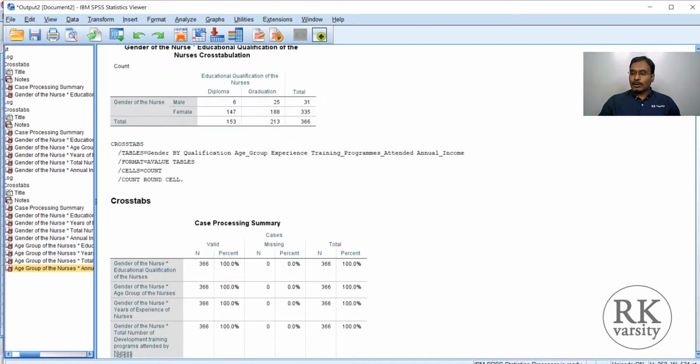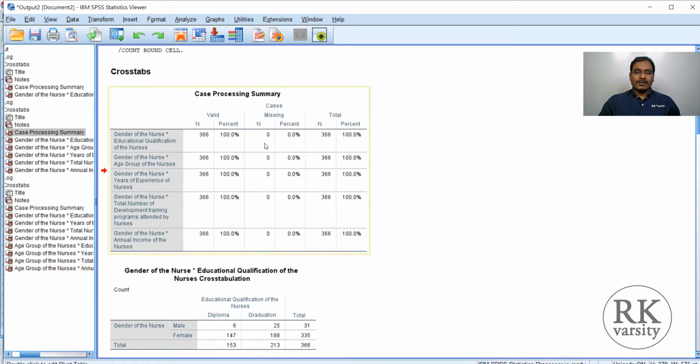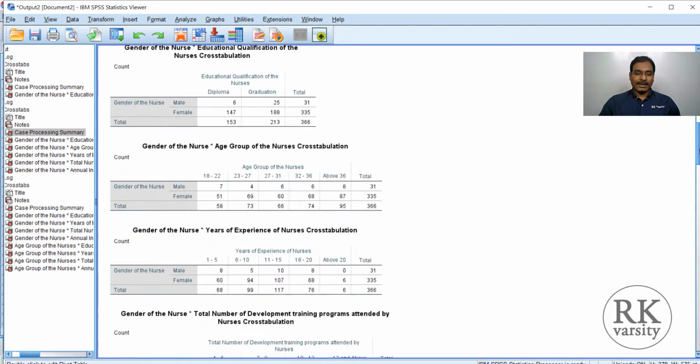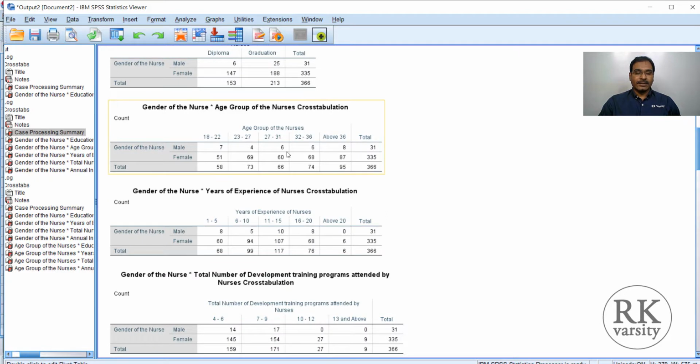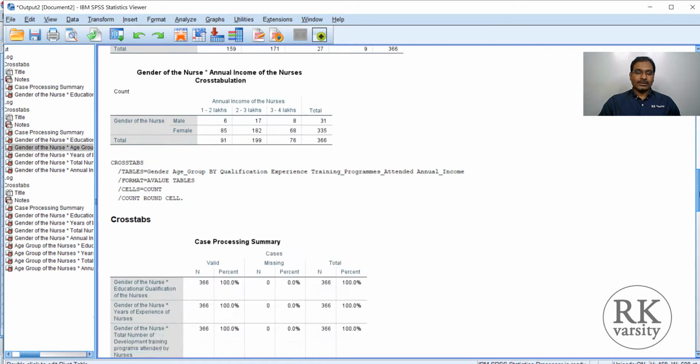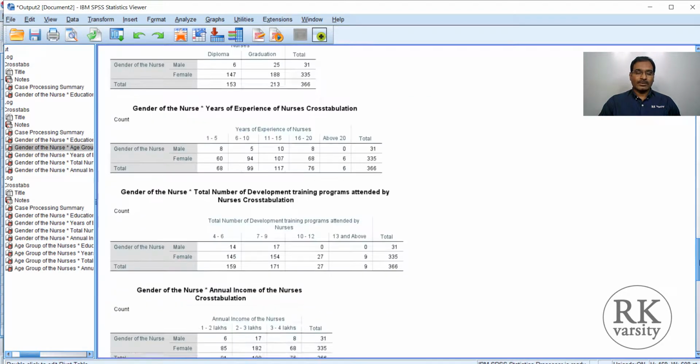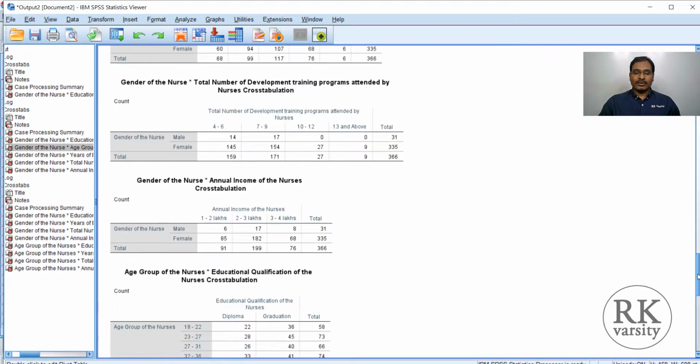Now the problem that you encounter here is, once you create a table, it is very difficult to edit the table in IBM SPSS Data Editor. So you have a crosstab here, then you have gender of the nurses, then age group and total here, and unnecessarily there is one row of count. You don't wish to have this, and you want to edit it. This can be done easily, as crosstabs can be edited using Microsoft Excel and then MS Word.